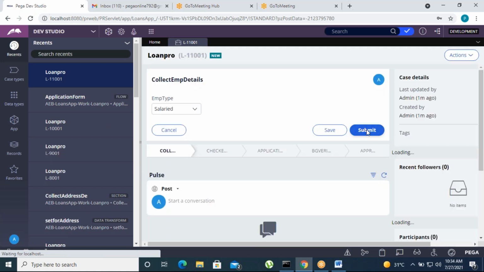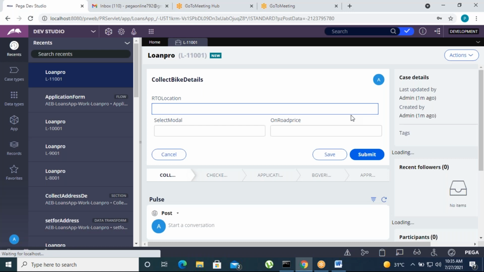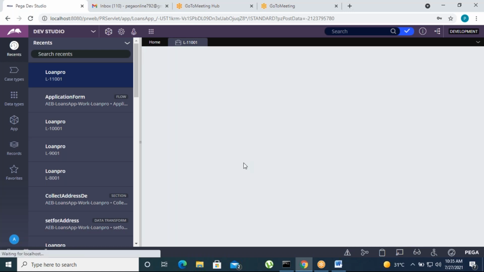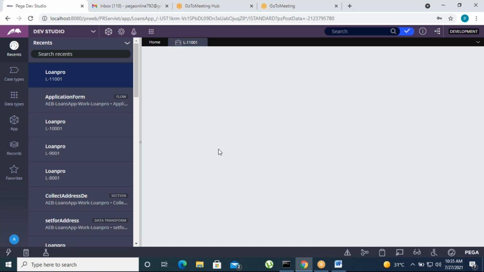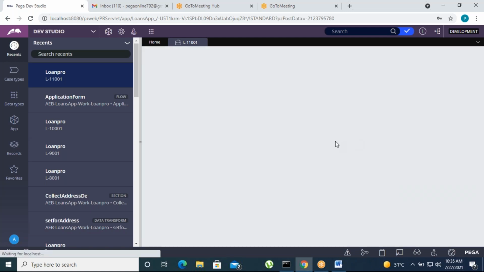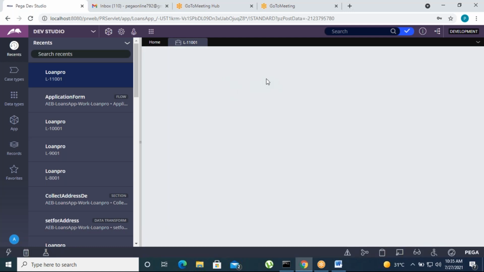Click on login and move forward. So this is the screen. Now let's go to the third screen.